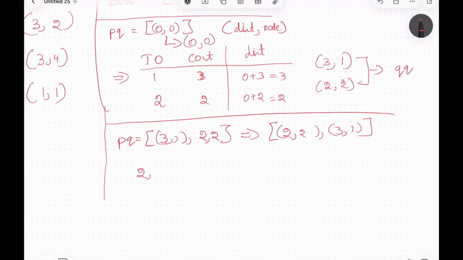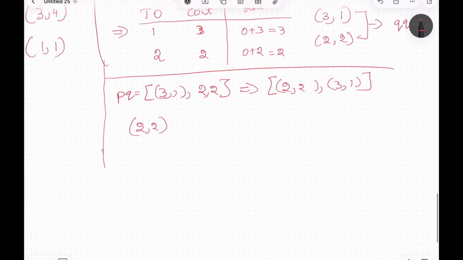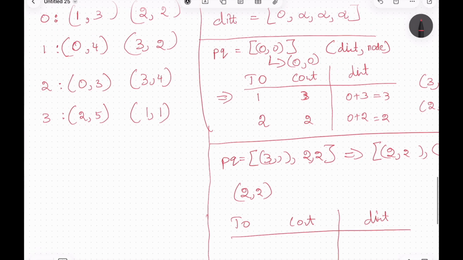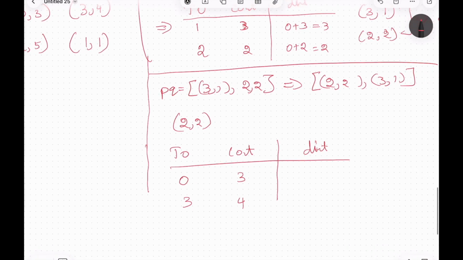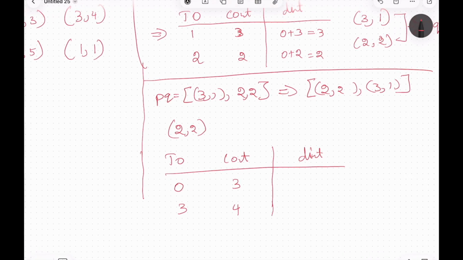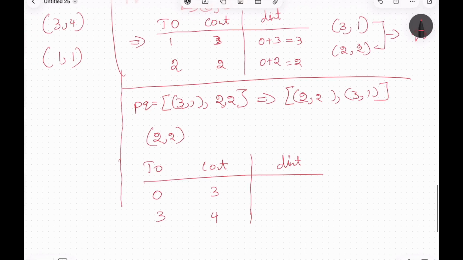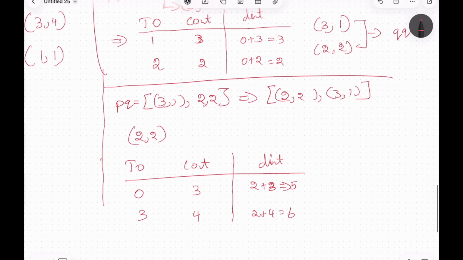So pop 2 comma 2, and now you have 2 as cost and distance. So from 2 you can go to 0 and 3, which cost us 3 and 4. So now the existing distance is 2, right? So 2 plus 3 is 5, and 2 plus 4 is 6. So you know that already for 0 to 0 you have the best distance as 0, that is mentioned in the